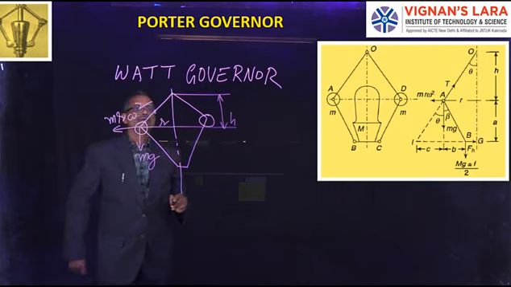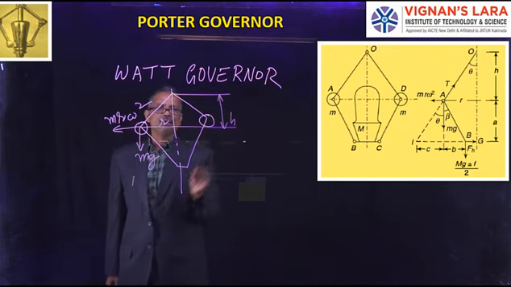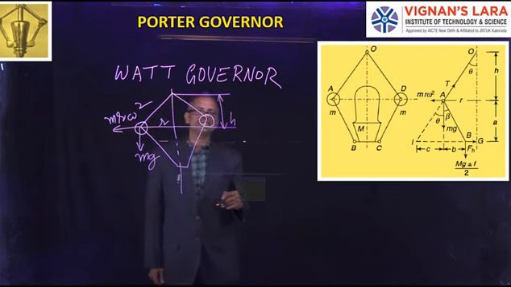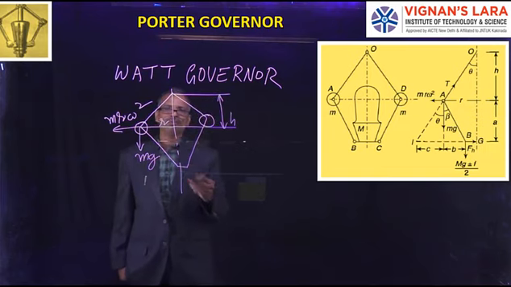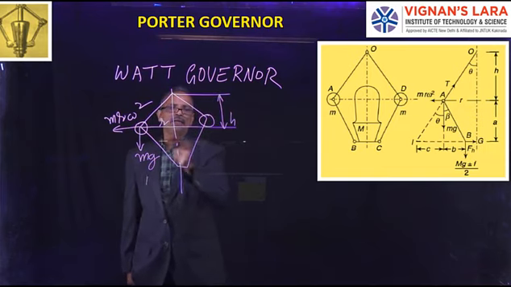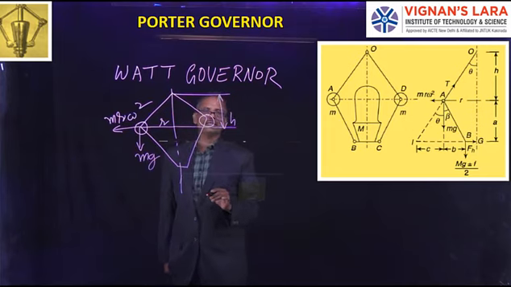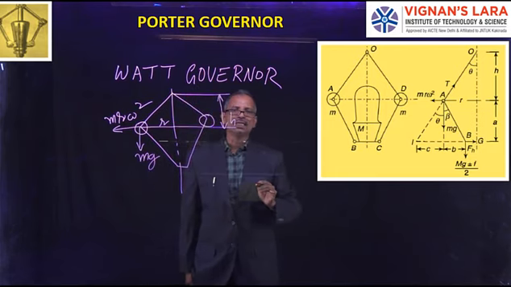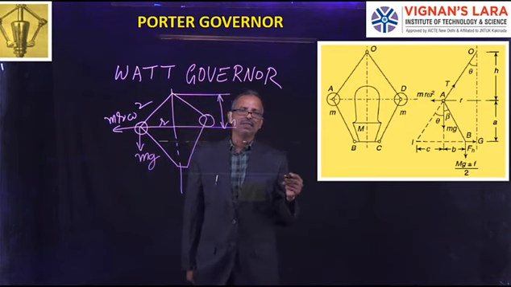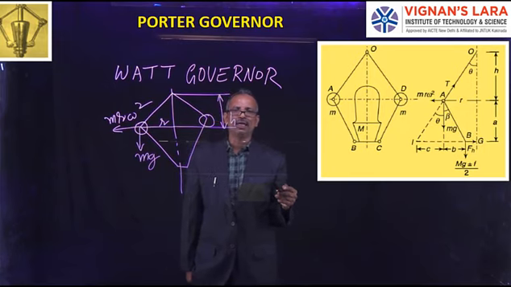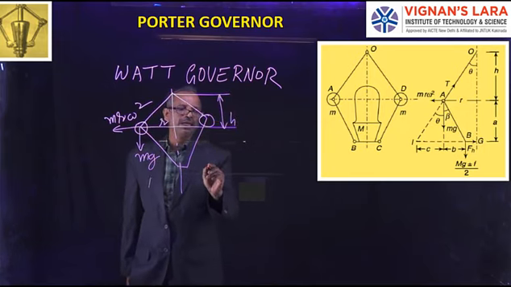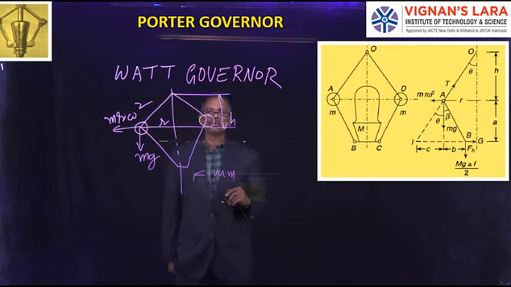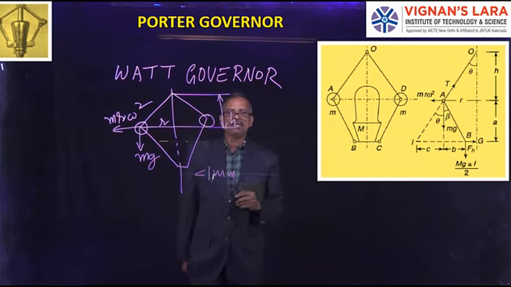We have seen this part yesterday and written the corresponding equations, and you have seen h is equal to g by omega square. So it is not a function of the mass of the ball or anything. It is not good at higher speeds, because the sleeve lift is very small. When you increase the speeds to 300, 400, 500, the lift is hardly even less than 1 mm, which will not give you any useful effectiveness in the governor.